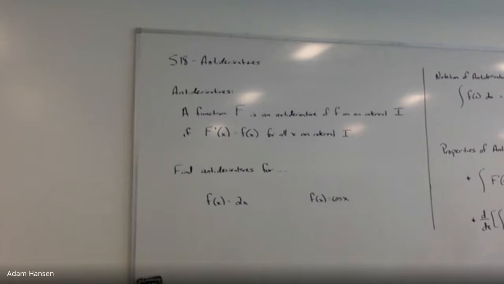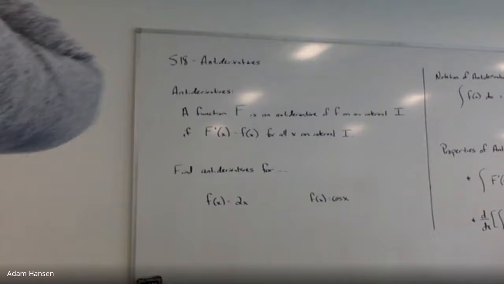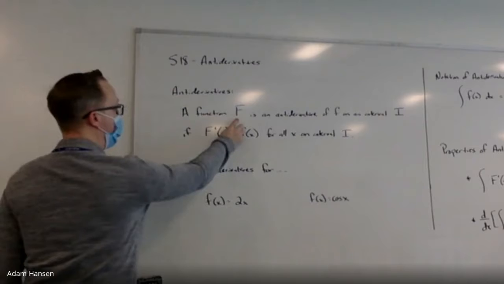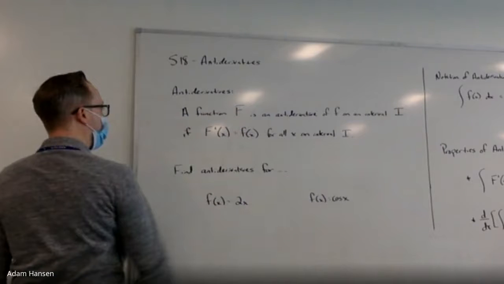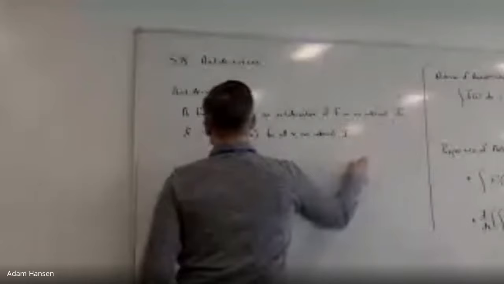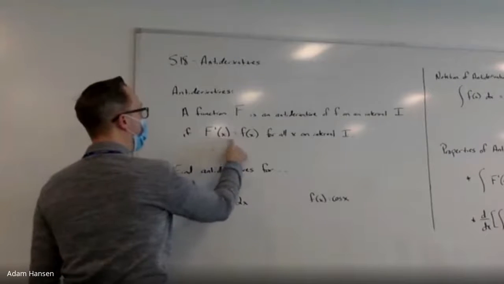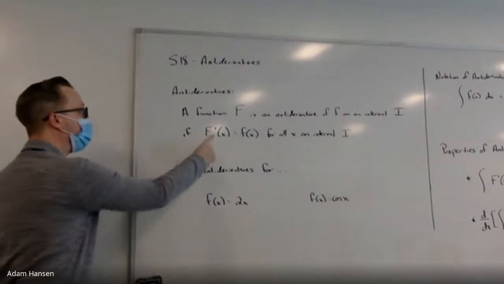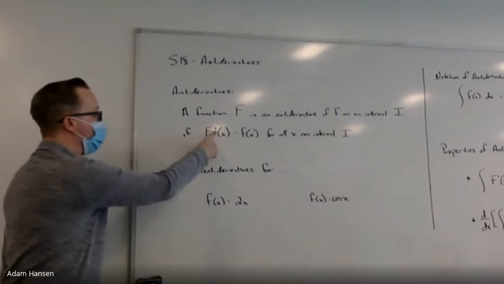If I take the derivative of an antiderivative, it cancels out the original function. And vice versa, if I take the antiderivative of a derivative, it cancels out the original function. Kind of the precise mathematical textbook definition, what I have for you here on the board to get started with. An antiderivative is a given function denoted by capital F on some given interval I, if capital F prime of x equals f of x for all x on interval I. What I was just talking about. If I take the derivative, this prime notation,